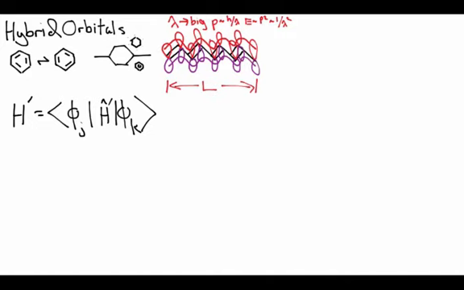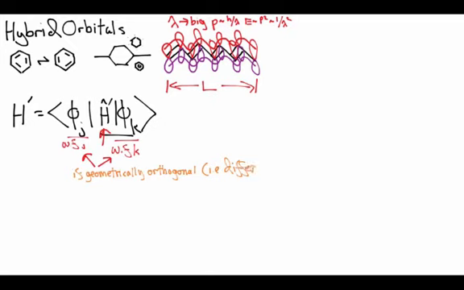Now, as long as the perturbation respects the symmetry of the system, however, I still fundamentally have an integral that involves these two functions, phi j and phi k, interacting with each other, these two wave functions. And the really big deal is there's things having to do with symmetry there. So if those two functions are geometrically orthogonal, in other words, if they have different symmetry, then unless that perturbation Hamiltonian is really weird, we're basically guaranteed that that perturbation term is also going to be zero, because phi j and phi k just don't overlap,